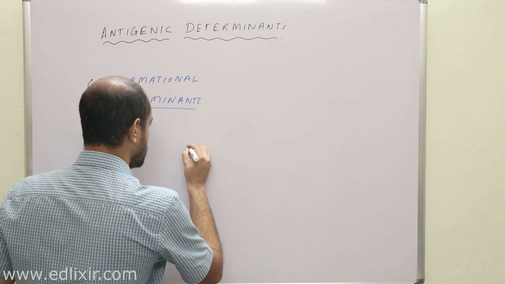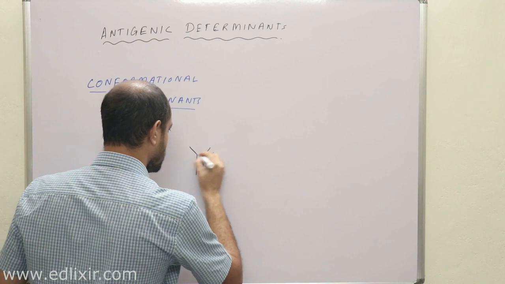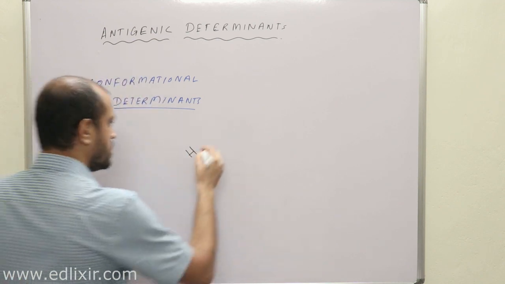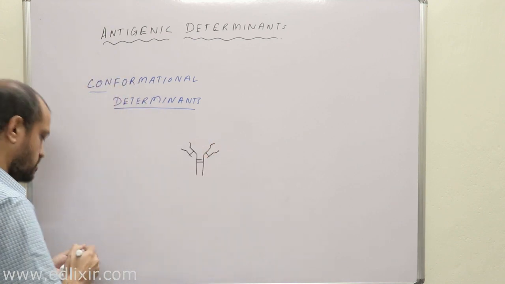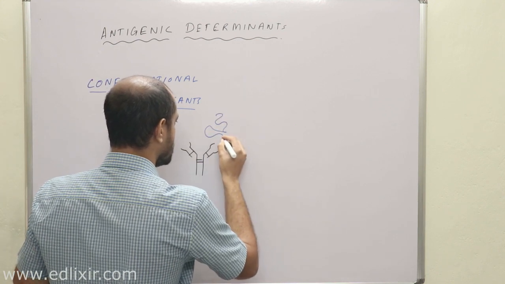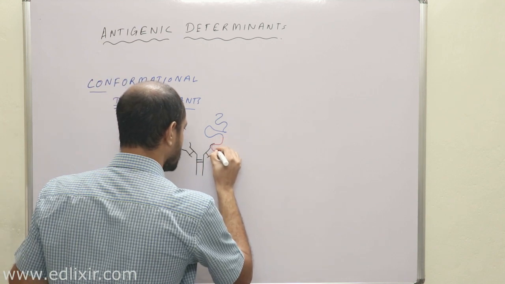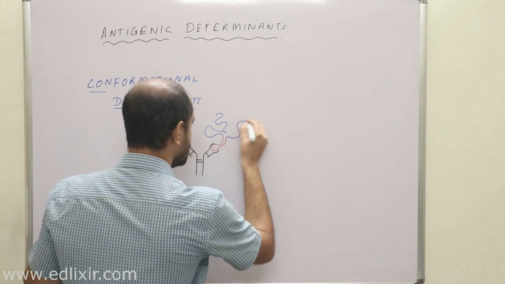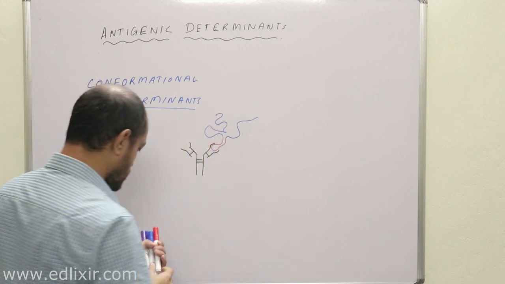Now listen, suppose this is an antibody. Clear? Now this antibody has a CDR like this. Now listen with all your attention. Suppose this is a protein, and this protein has a specialized area which can interact with CDR. Clear? Here again you will have to draw this protein. I cannot draw it, it's really peculiar.